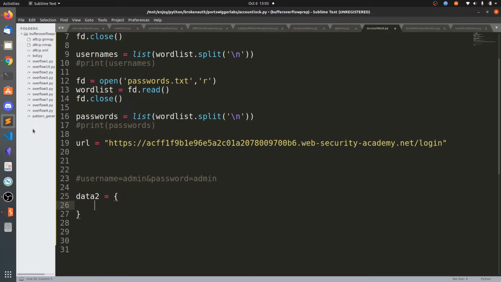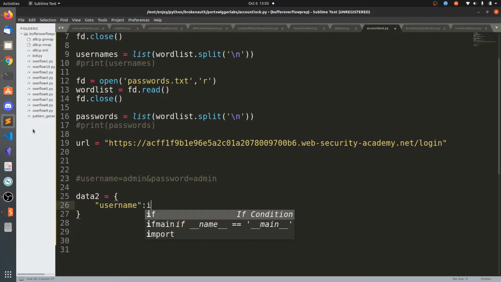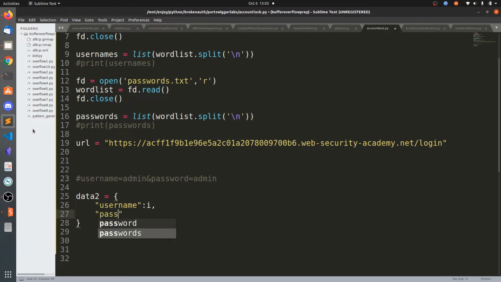So actually we don't know for which username we are going to get some message stating that that exact username was locked out. So that's what we are going to find out first. Username is, we are going to iterate, password, let's say tech69. So this is the username and the password.